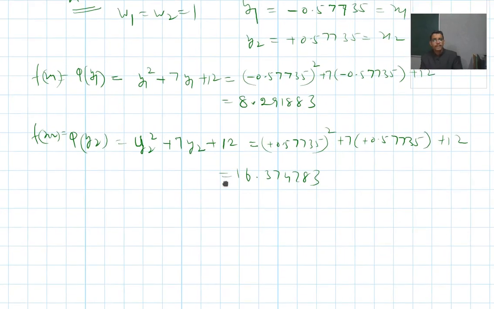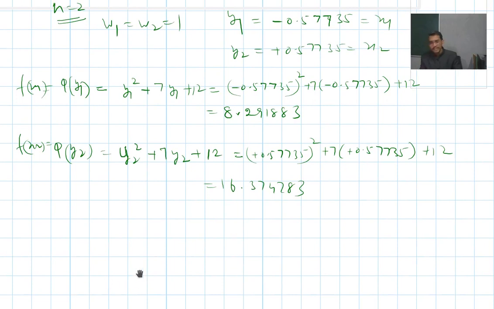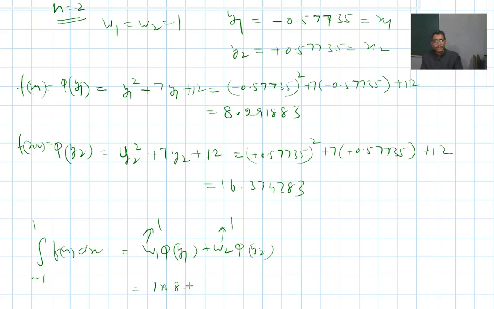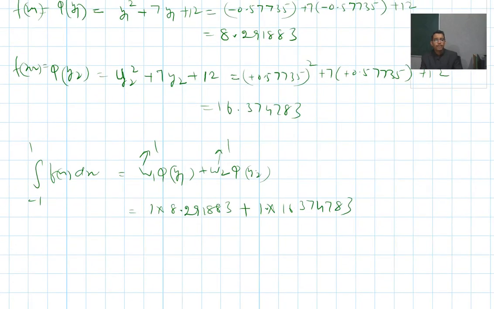16.374783. Now our objective is to find out the integral from minus 1 to 1 of f(x) dx, which is equal to w1 f(x1) plus w2 f(x2), and w1 is 1, w2 is also 1. So it is 1 into 8.291883 plus 1 into 16.374783, and when I sum up both results, then the value which we are getting is